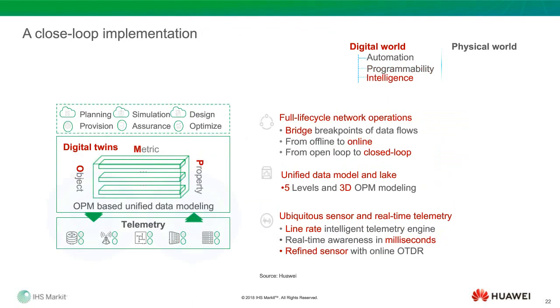And closed loop, as I mentioned, how to implement closed loop? If you check here, the number one element is streaming telemetry, because you need real-time data. Once you build a digital twin, you really need it synchronized in real time with the physical world. Otherwise, if you build an intelligent application based on a digital twin that is not synchronized with the physical world, you'll fail, right? You cannot do it. So we need real-time networking data from the physical side based on telemetry.